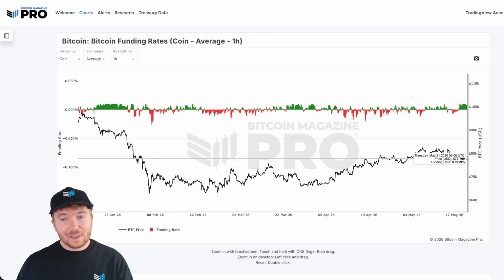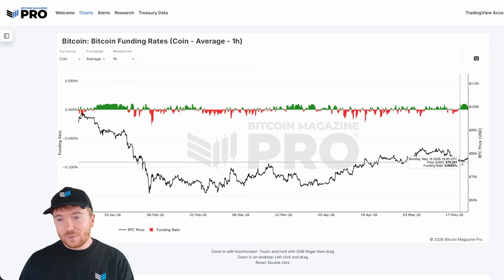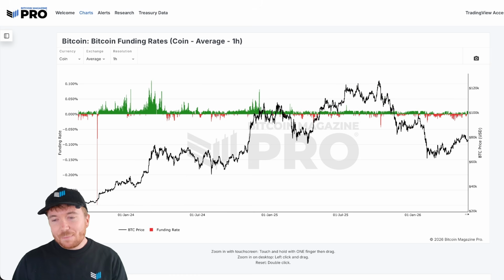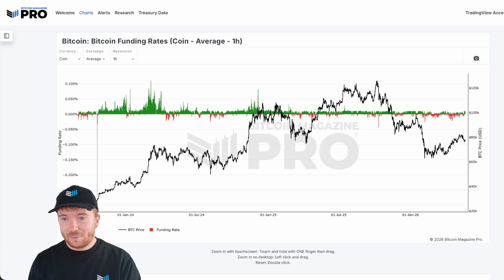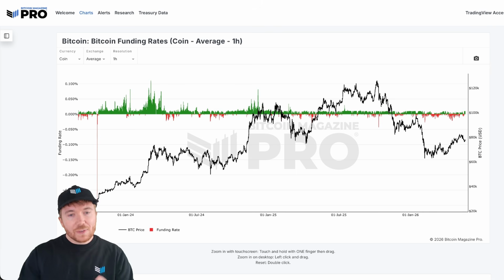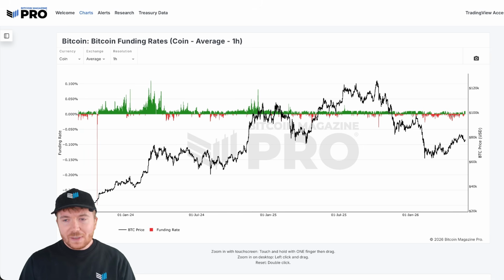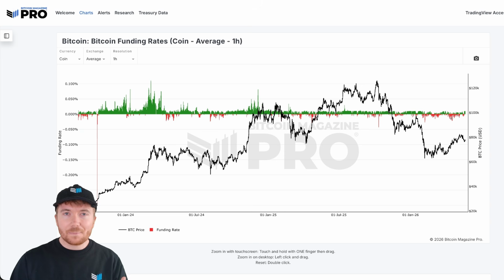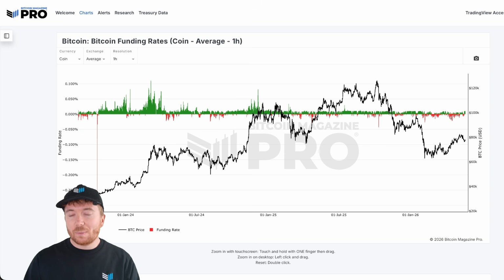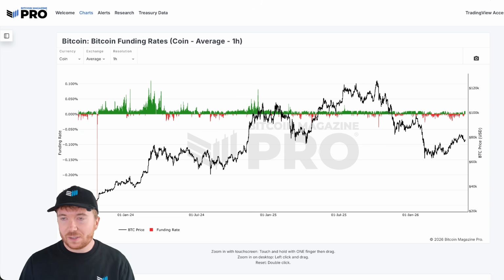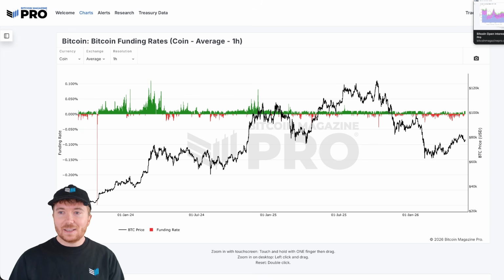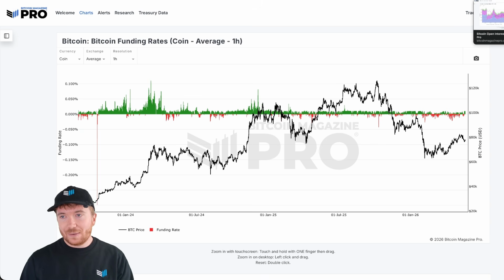And as I film this, we're currently around 77 to 78,000. We've had a little bit of a rebound, but I'd maybe anticipate some slightly further downside price action as well. But one thing we do need to take into consideration is this is just on the hourly time frame, and this fluctuates quite frequently. A lot of these short positions which were opened recently may not have been closed. Maybe just over the past few hours, we're seeing more long positions opening. And one way we can really gauge this is if we look to a couple different factors.